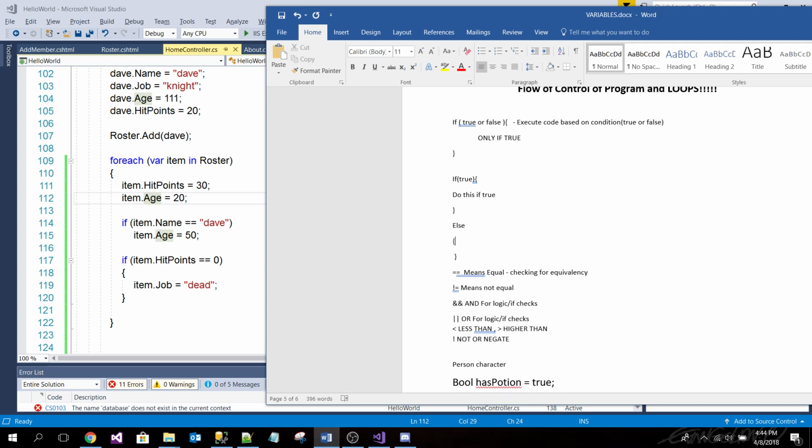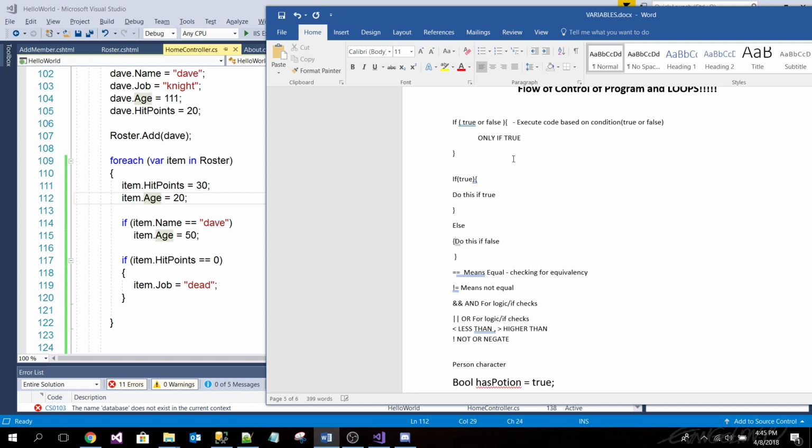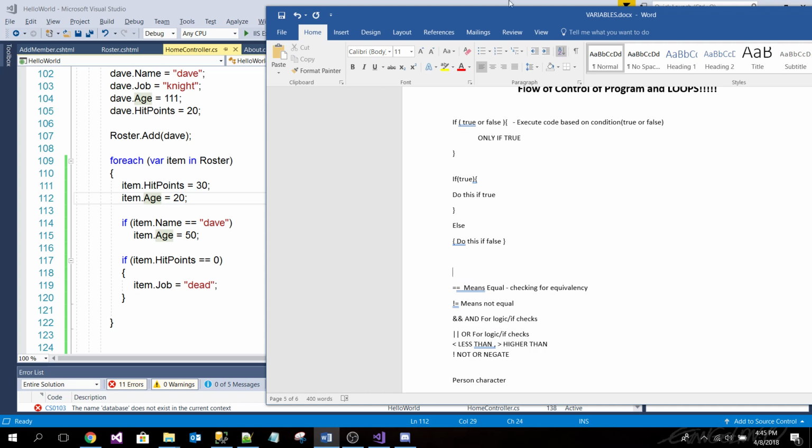Then do this if false. Well, this takes a lot of space.